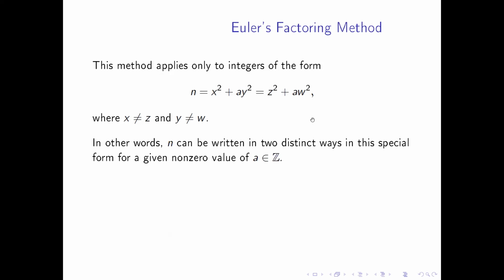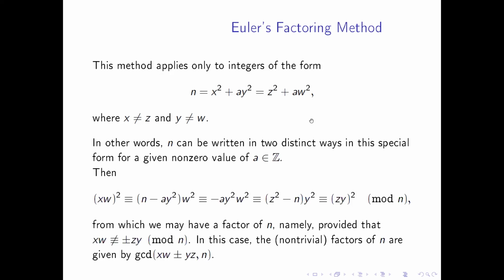And if that's the case, then what I do is, this is where xw squared is equal to n minus a y squared w squared, which equals negative a y squared w squared, which is equal to z squared minus n y squared, which is congruent to z times y squared mod n,